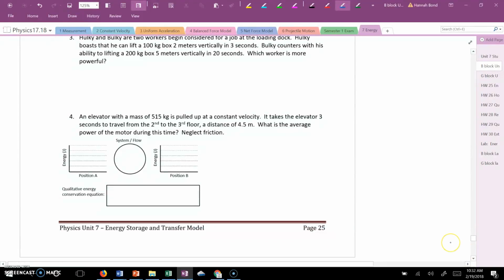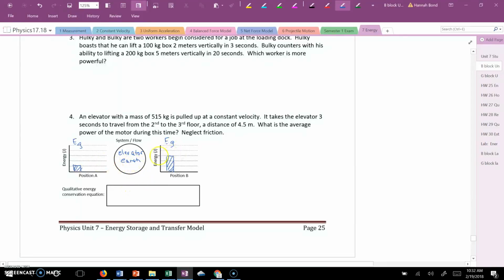I'm going to skip 3 for the sake of time, but let's look at number 4. An elevator is pulled up at a constant velocity, and it takes 3 seconds to travel a distance of 4.5 meters. So it's not on the ground at the beginning, it is higher at the end,